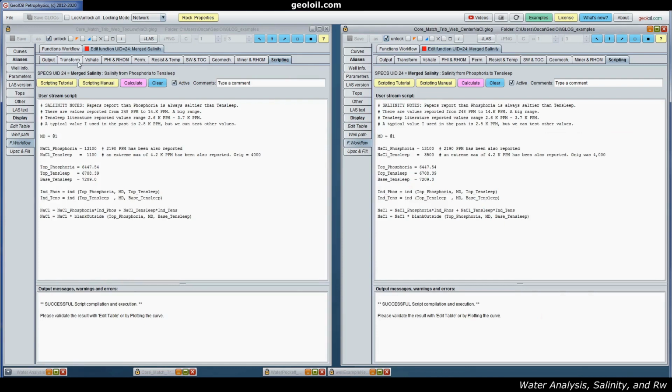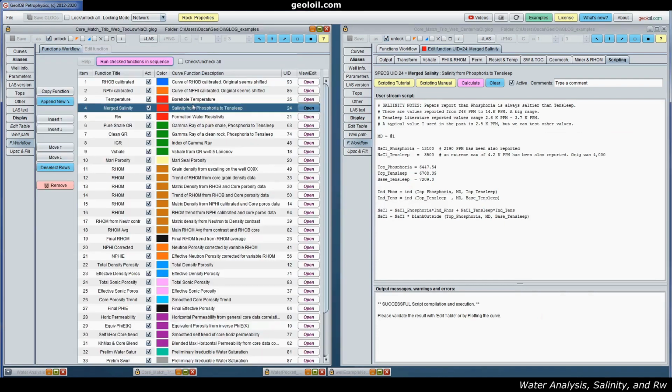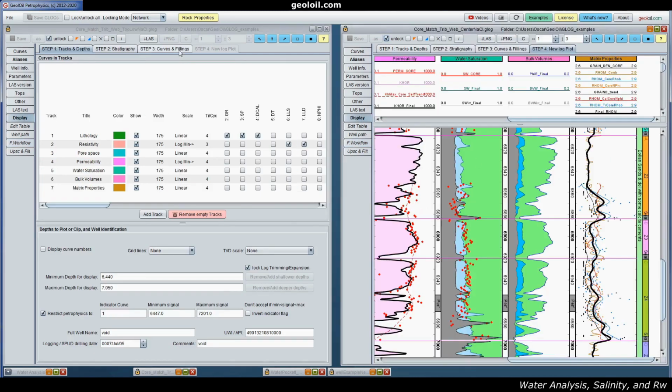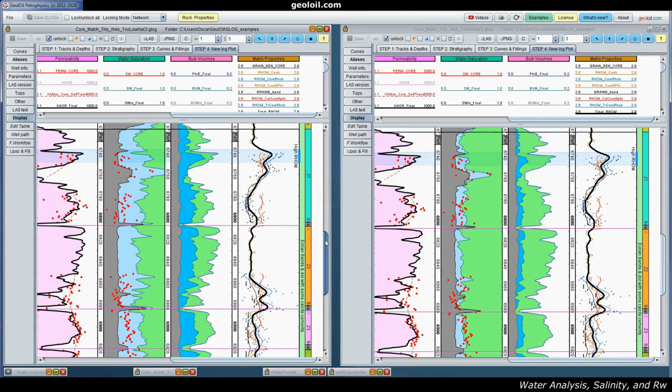You run that, and you run your function workflow. Make the display and compare. This is the original display. Let's see what happens. We put in too fresh water, more or less the same zone. Okay, you put in fresh water, too fresh, and what happens? Not only do you have a large mismatch between the core water saturation points. We are assuming, of course, that the water saturation points, the lab measurements, are accurate and representative. They perceive the core correctly.